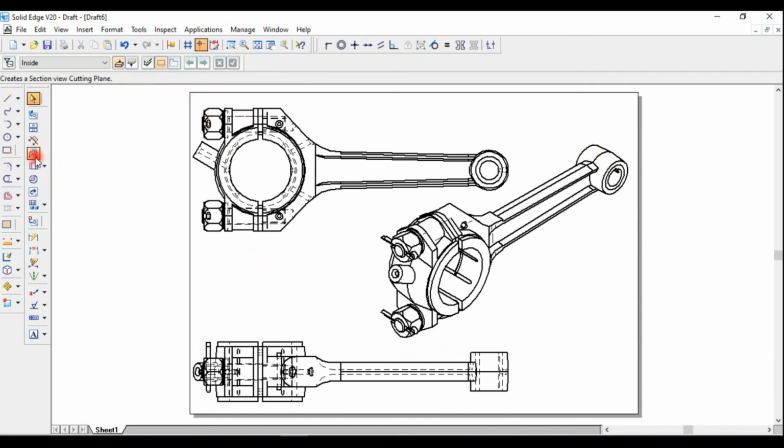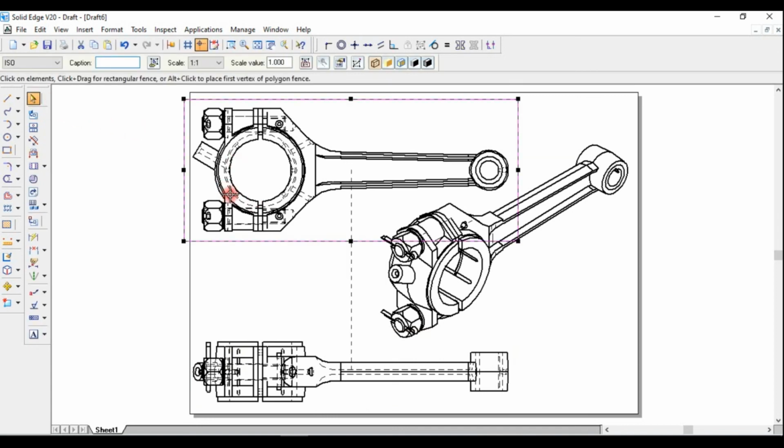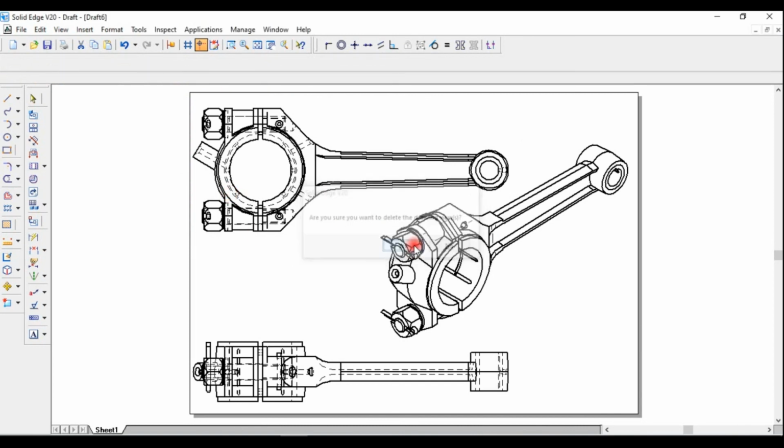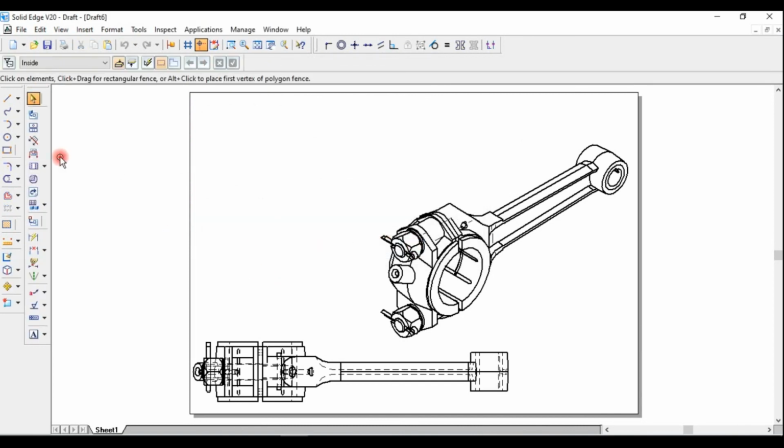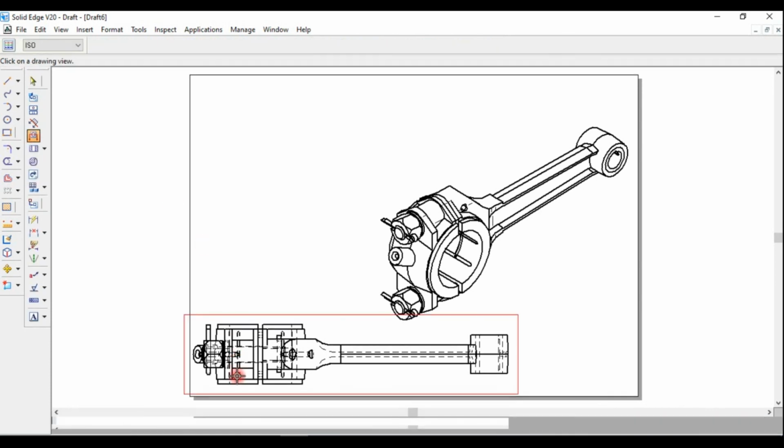For that I will select first cutting plane, then select top view. Before that I will delete the front view. Then I will go to cutting plane and select top view.